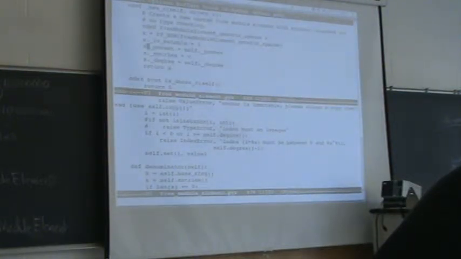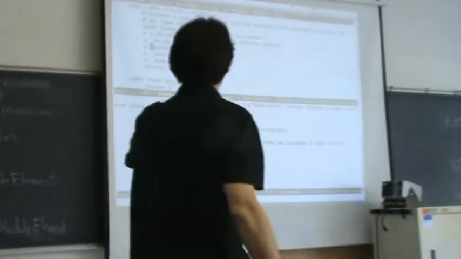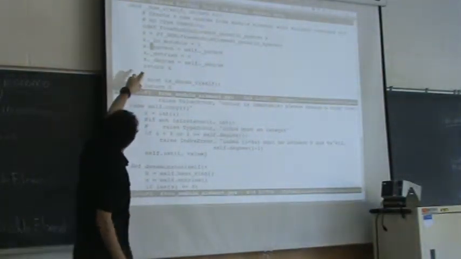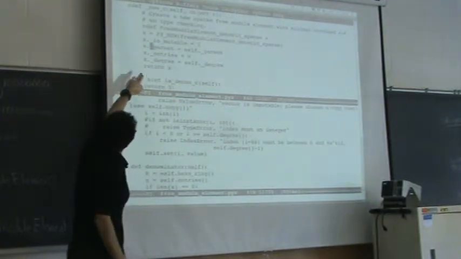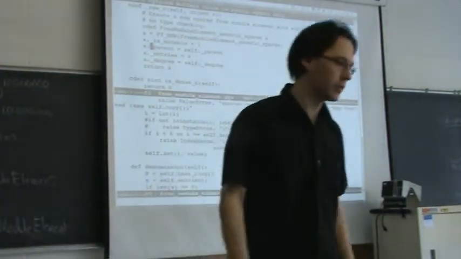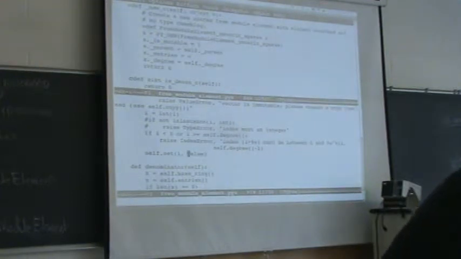It knows its parent. So these are the attributes of the vector. It has a parent, it has entries, it has the number of entries possible. And the parent has a base ring. So what we'll do is we'll say self